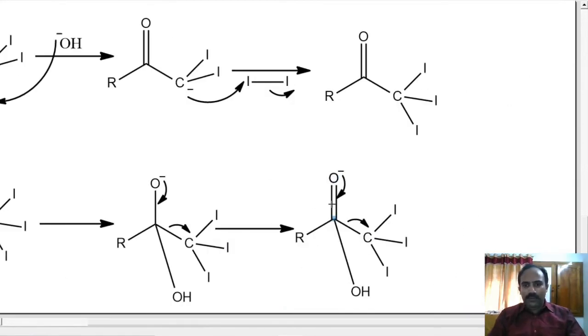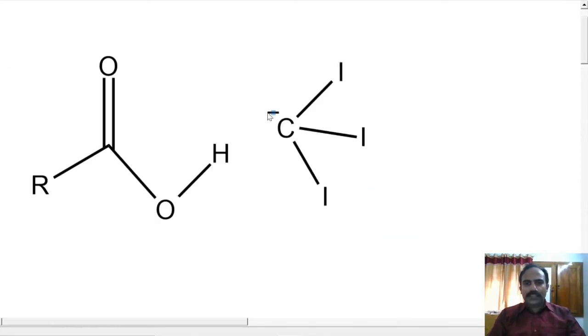This curved arrow means a new bond here. An old bond will break. At the same time, this negative charge will disappear on oxygen, and this bond is actually breaking. It is a negatively charged species, so you have a negative charge here. So we have a species like that, and we have a carboxylic acid here. This carbanion is obviously highly reactive, and this proton is very acidic. And so as soon as this forms, this H will be picked up by this carbanion. This will become carboxylate ion.